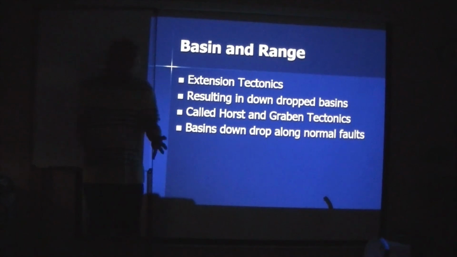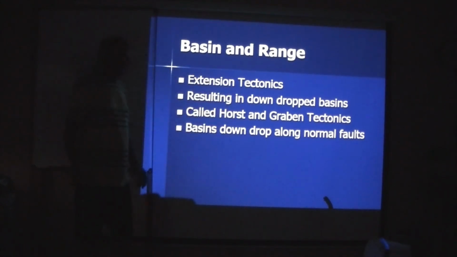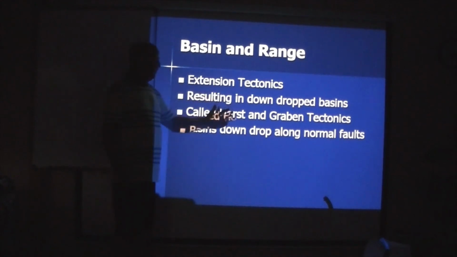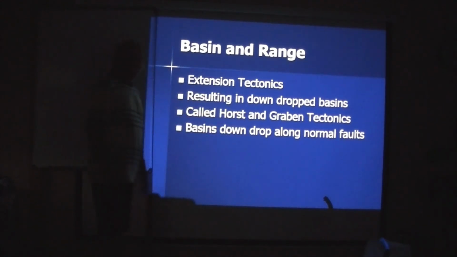So because the San Andreas Fault is stretching the North American continent, it's causing a whole sequence of normal faults to downdrop these basins. And we call this type of topography Basin and Range, or Horst and Graben. Basins drop down along normal faults, the mountains stay up high, and you see a huge